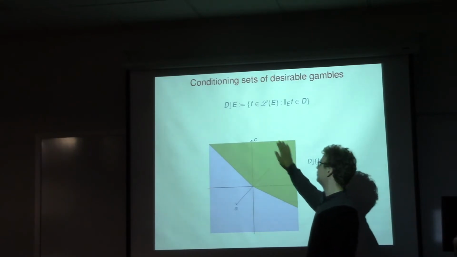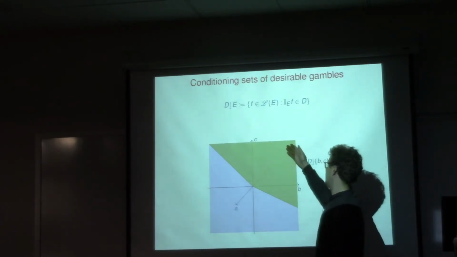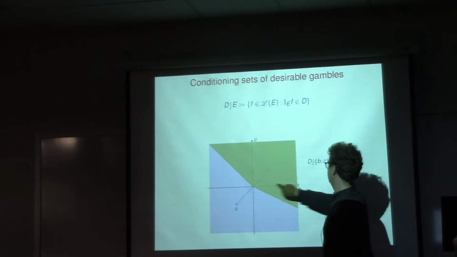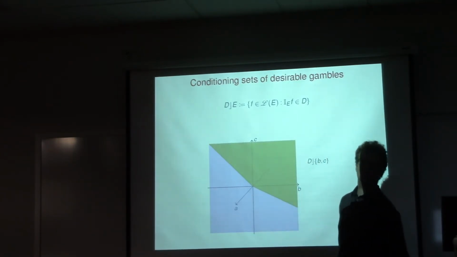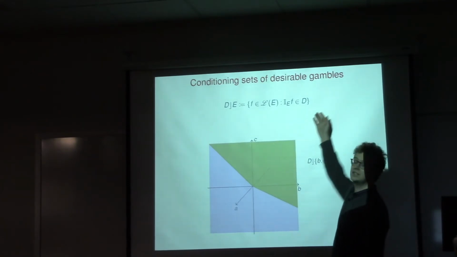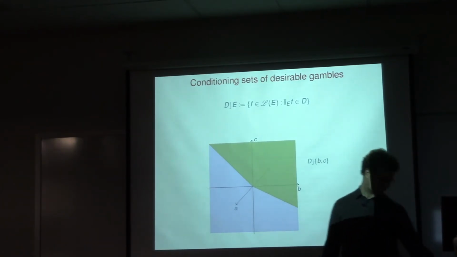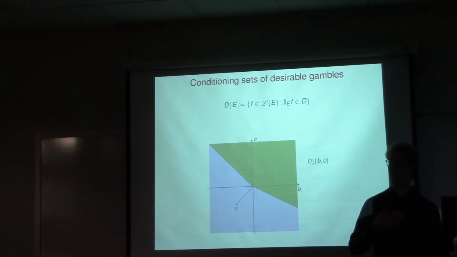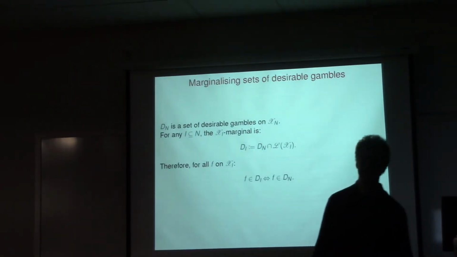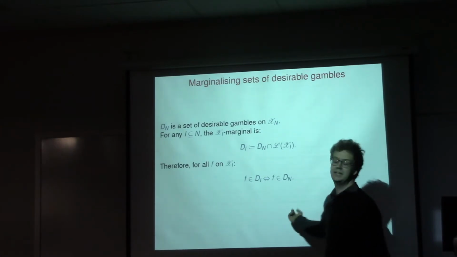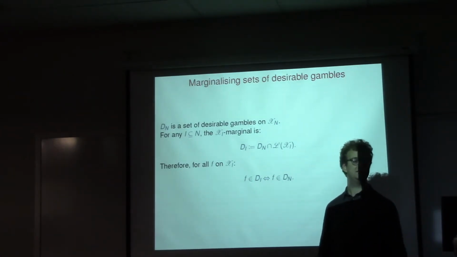And it's exactly this border behavior, namely the guarantee that this part of my called-off gambles is always in it, that ensures that this conditioning is always coherent. So I think that's one big reason in favor of sets of desirable gambles instead of convex and closed sets of probabilities. Another one is that marginalization, for instance, is very easy. And I will need this notation later on, so I will explain marginalization now.